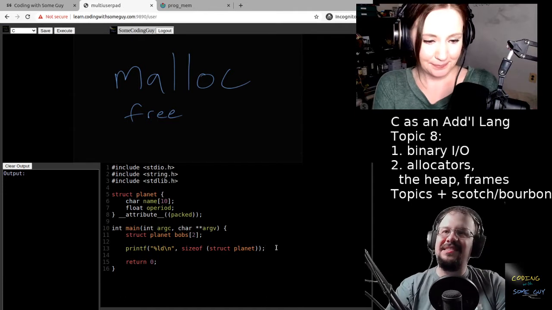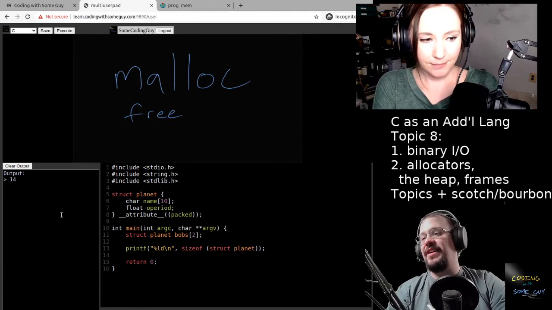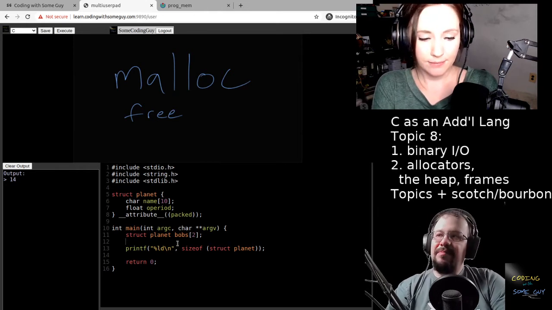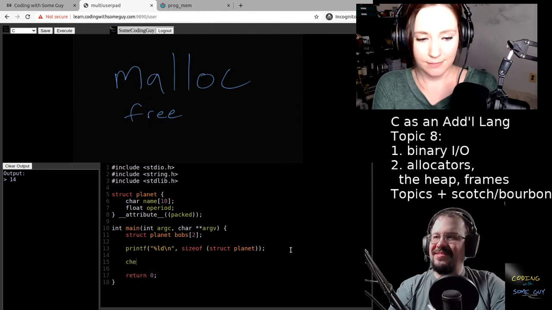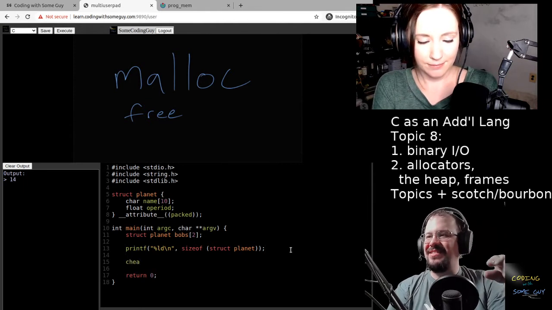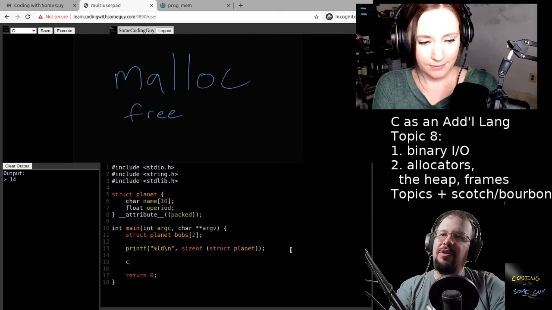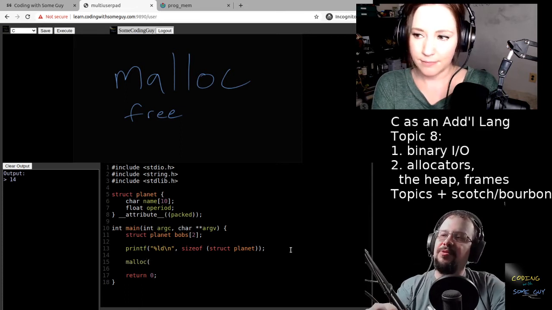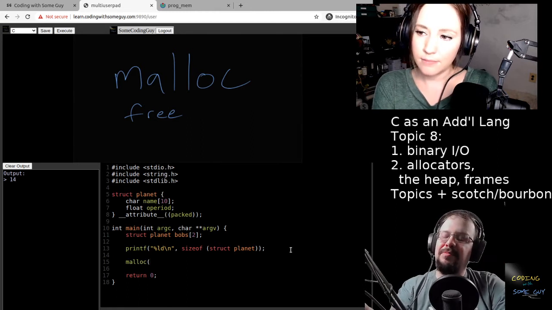We know now that this particular data type that we defined is 14 bytes. Now, when we ask for the memory from the heap, which is kind of part of the lecture, I was going to dig deep into that, but we'll do the quicker version and save a bit of that for next time. But just to recap, we were allocating with malloc, and we would ask for, like you said, a certain amount of memory. So how much memory do we need for a planet?